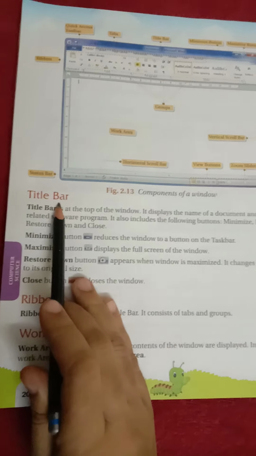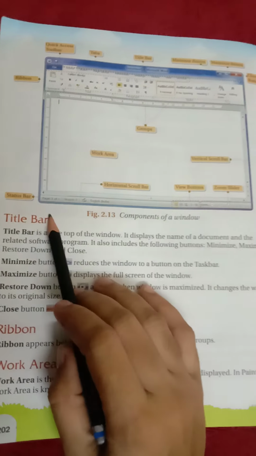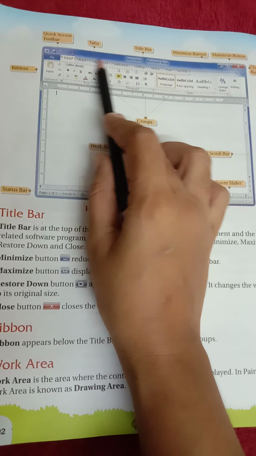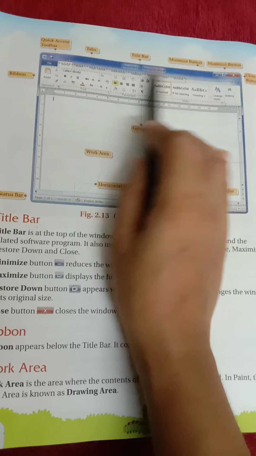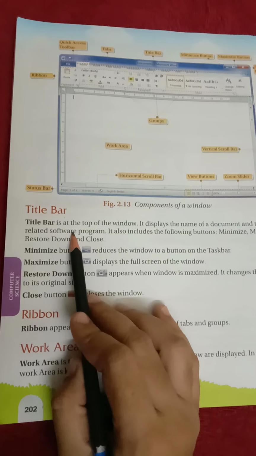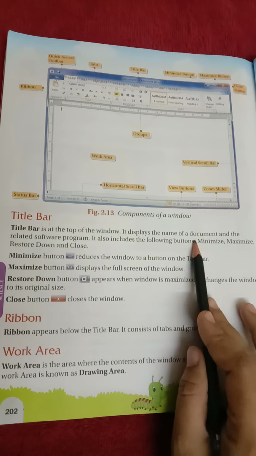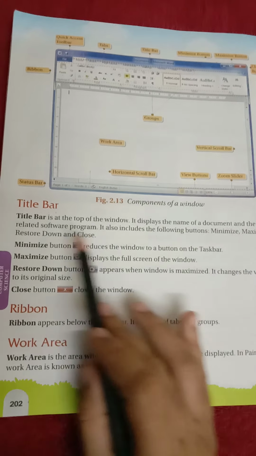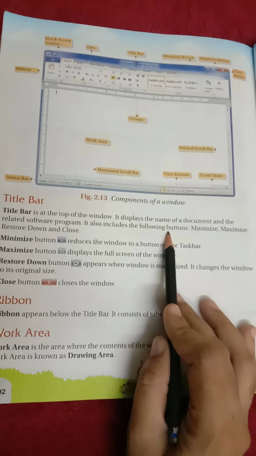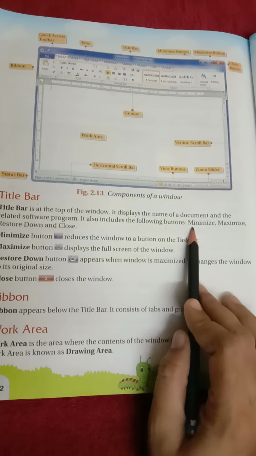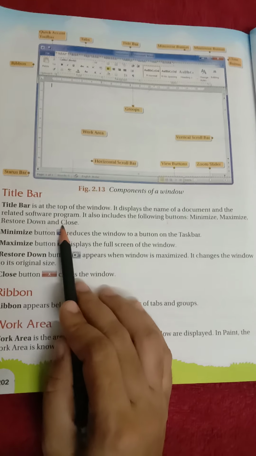Now see the title bar. What is the title bar? See here, you can see this blue line. This is the title bar. The title bar is at the top of the window. It displays the name of a document and the related software program. It also includes the following buttons: minimize, maximize, restore down and close.